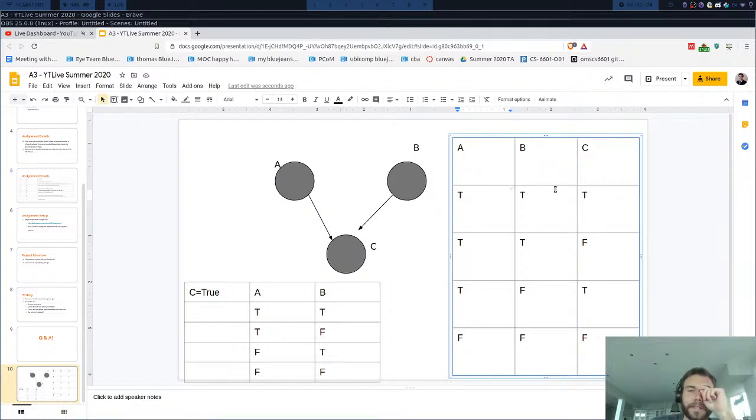And B: the probability of B being true is 0.5, and the probability of being false is also 0.5. Now, remember, with C, we want to calculate this based off of the probability table, and it's conditional. So if we wanted to calculate the probability that C is true, given that A is true and B is true, we count all the times that we find A and B to be true,